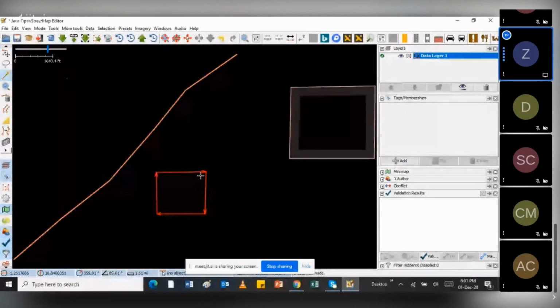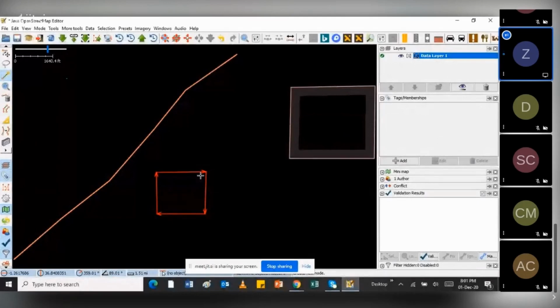Once I've added the building, on the keyboard you just click on escape, and that gives you the option to draw another feature. So once you've drawn a feature and you want to draw something else, you just click on escape.